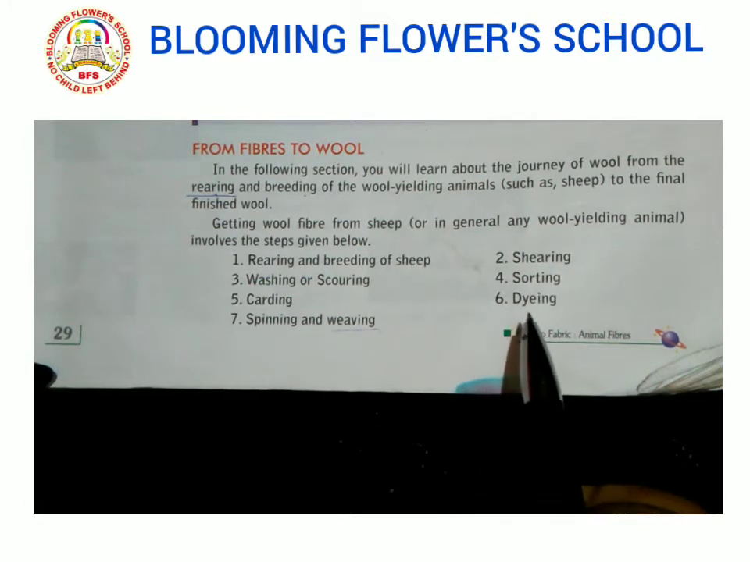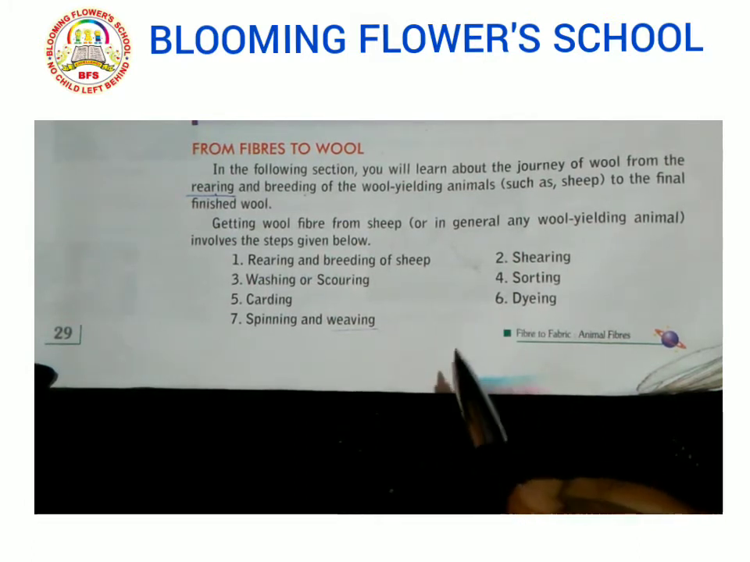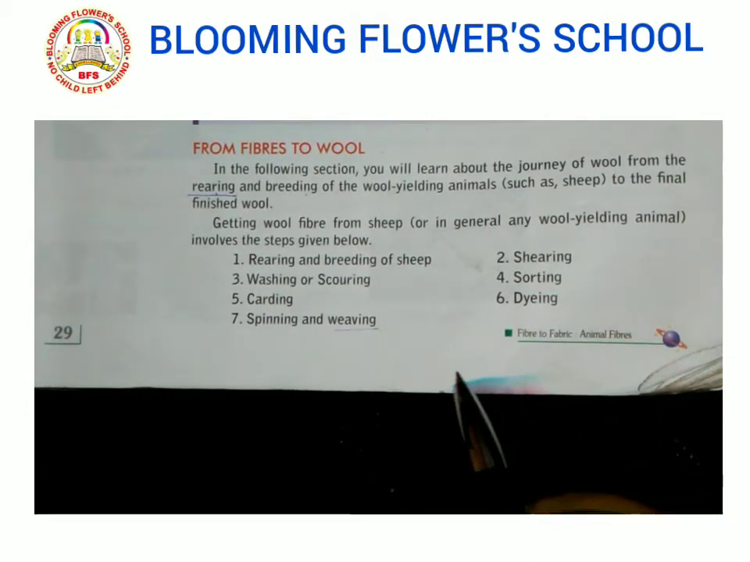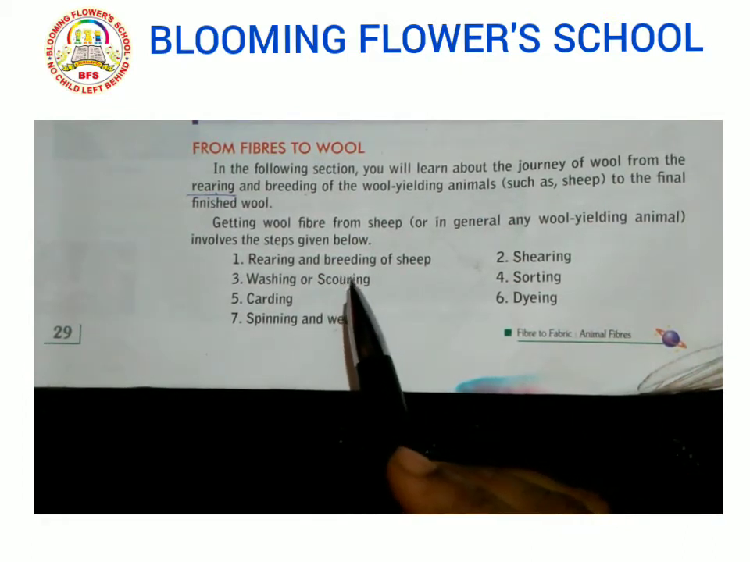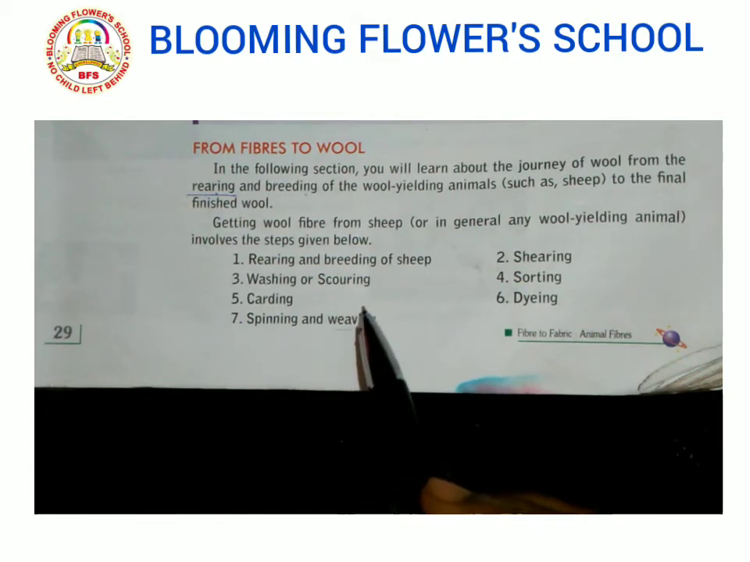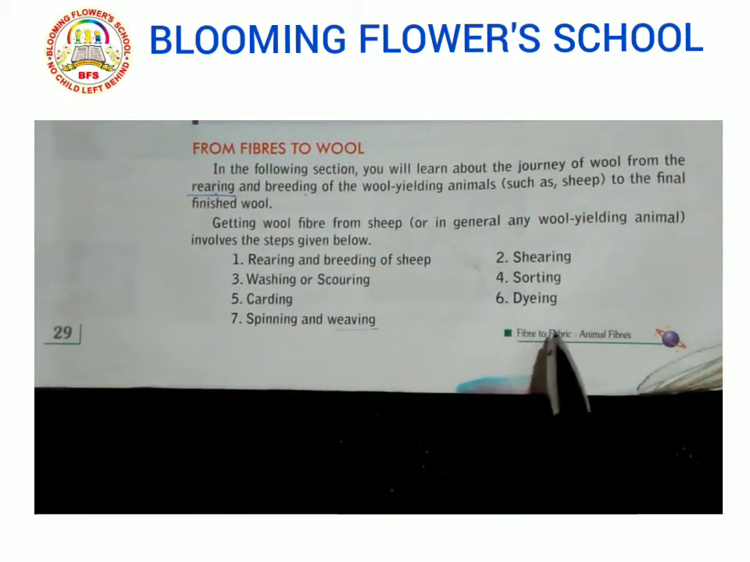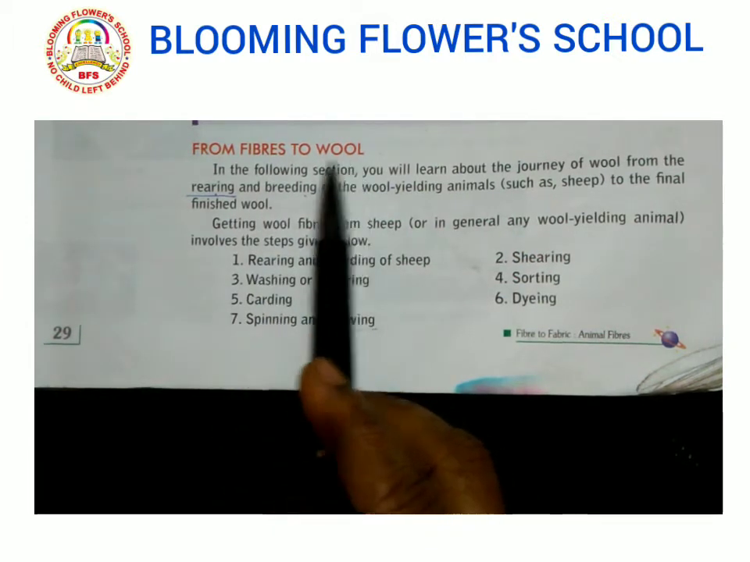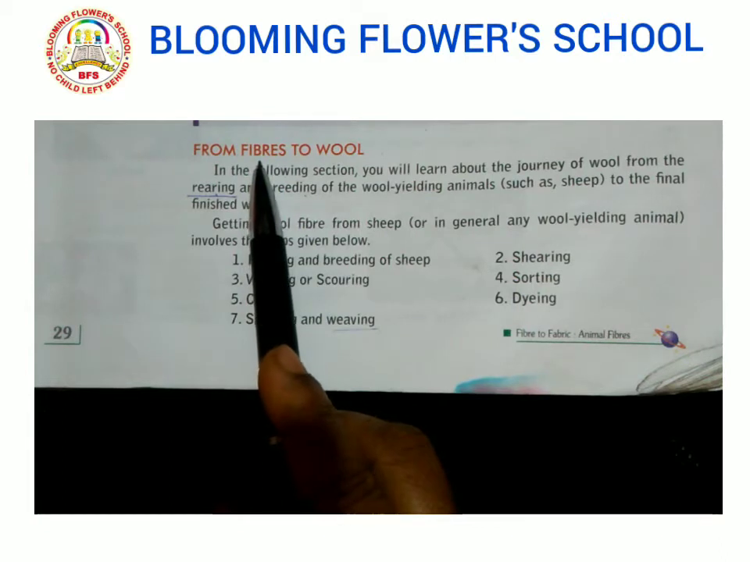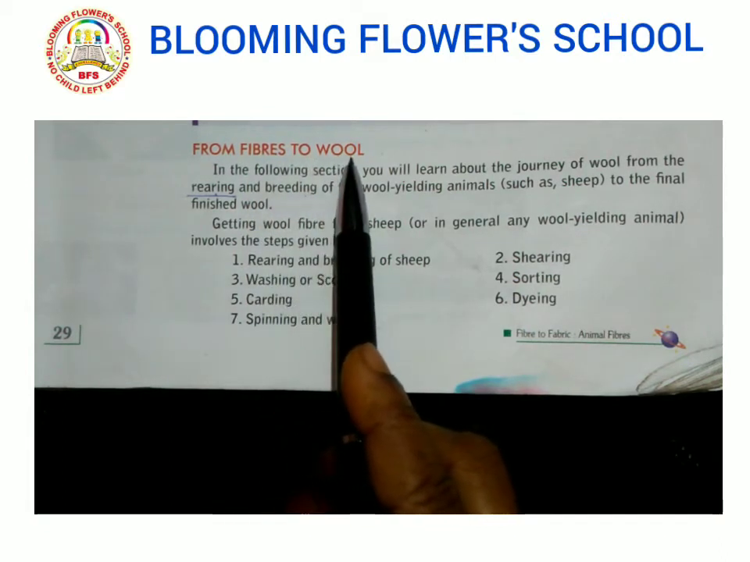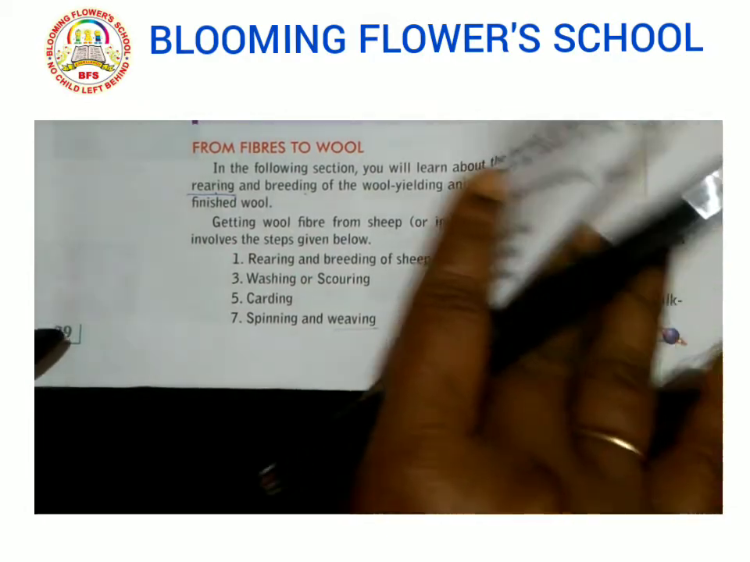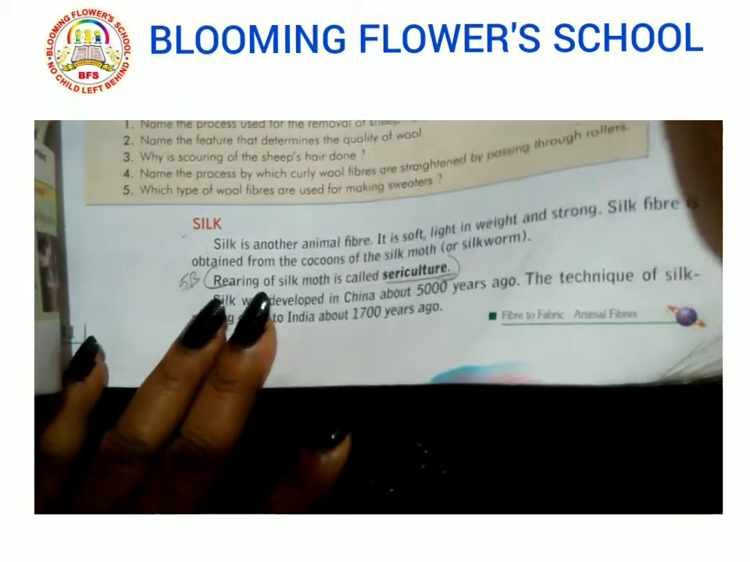Make small points. When we read, at that time only you make the points. These are the steps involved. From where to where are we moving? We are moving from the journey of your fiber to wool. How the animal fiber is converted into wool, that journey we'll be reading now. Now moving on to the first one, that is rearing and